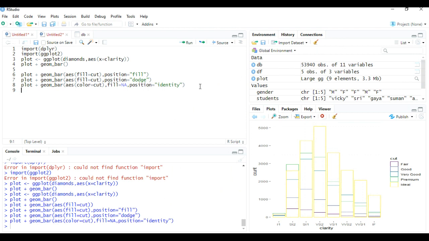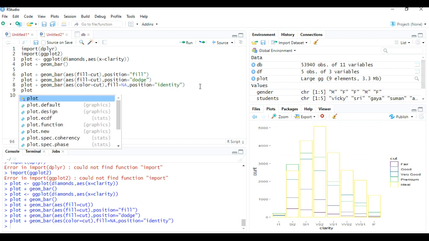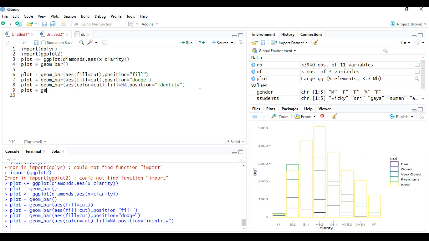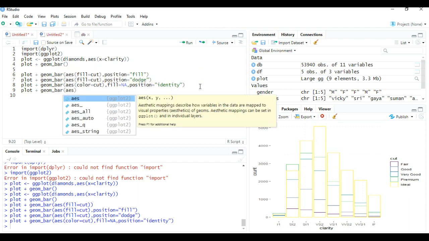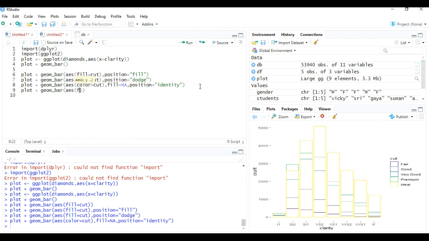Now let's see how we can give titles to our graph. So for the title I will type plot plus geom bar. In aesthetic function I am going to give fill equals to cut.